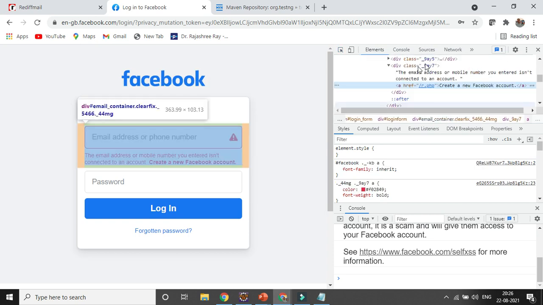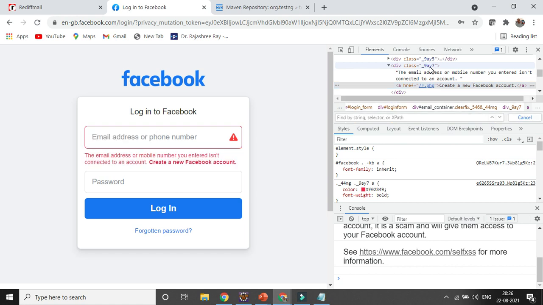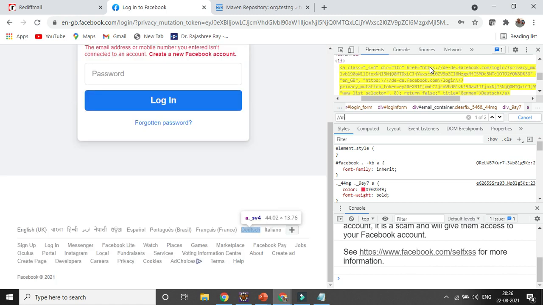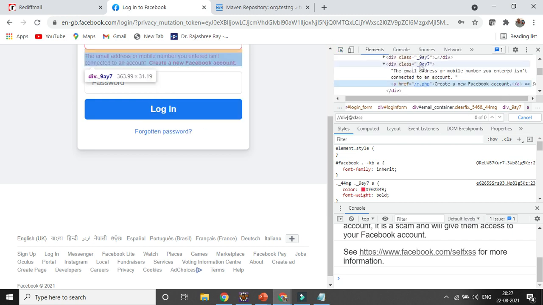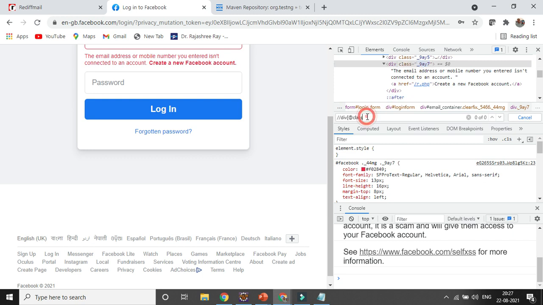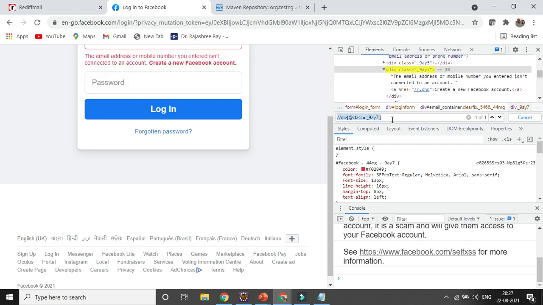Okay, that is the div and that is the class. With the help of that I can create the XPath. So let's go for the div, then select one, then add the red class. And what is the class? Let's try to select one. Class equals sign. Okay, you can see with the help of that XPath you are able to get the error message, right? So I will be creating the XPath.